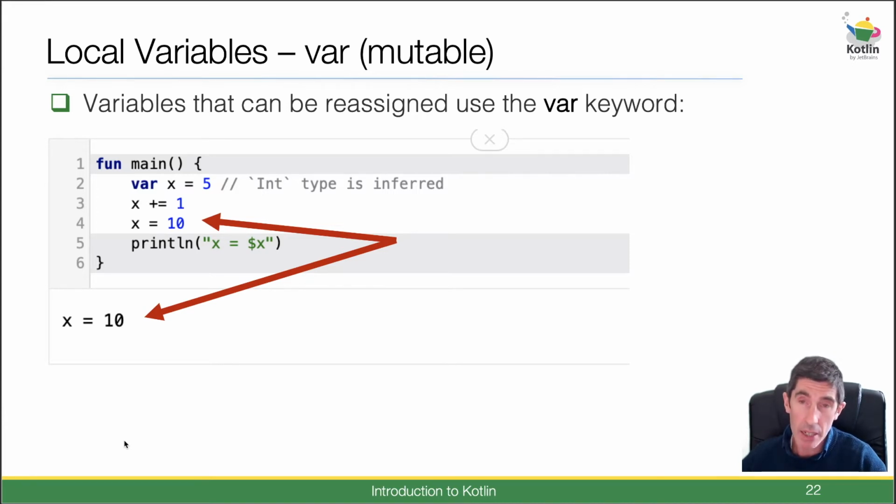Use val wherever you can because it allows the compiler to optimize the space and all the rest of it, but obviously you may need to use vars instead. Okay,